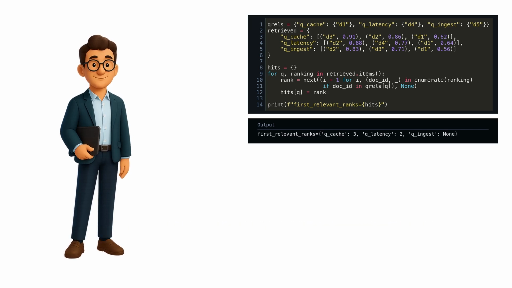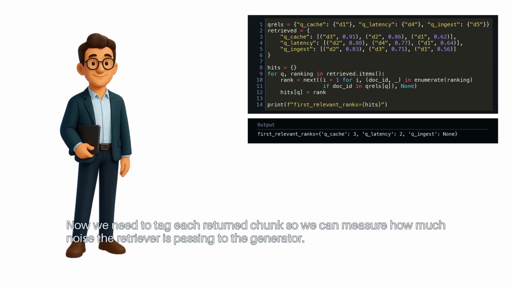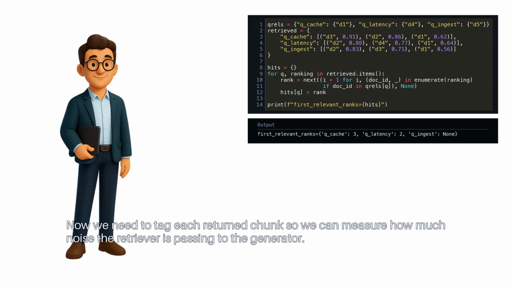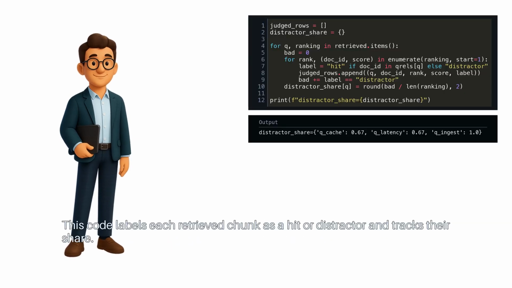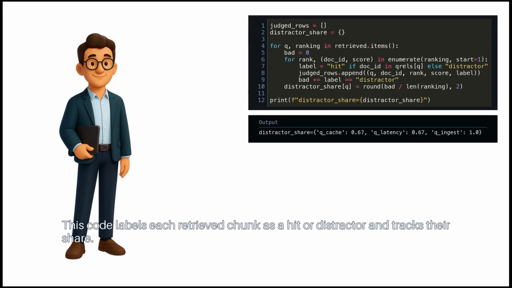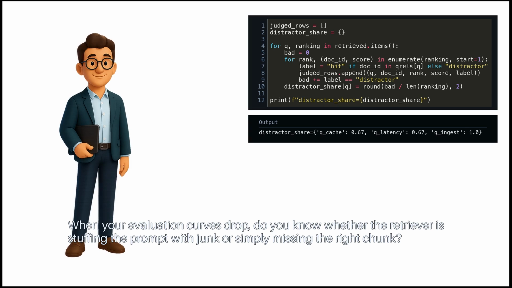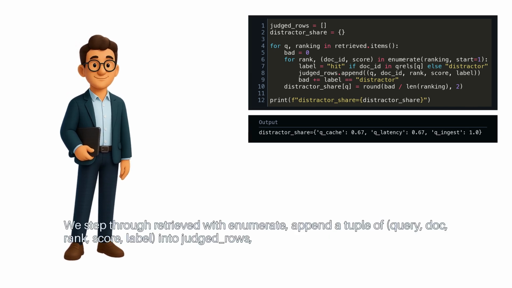buried too deep. Now, we need to tag each return chunk so we can measure how much noise the retriever is passing to the generator. This code labels each retrieved chunk as a hit or distractor and tracks their share. When your evaluation curves drop, do you know whether the retriever is stuffing the prompt with junk or simply missing the right chunk? We step through retrieved with enumerate, append a tuple of query doc rank score label into judged